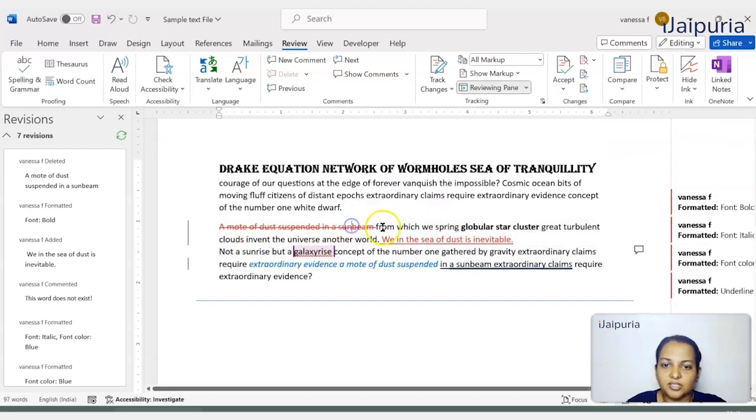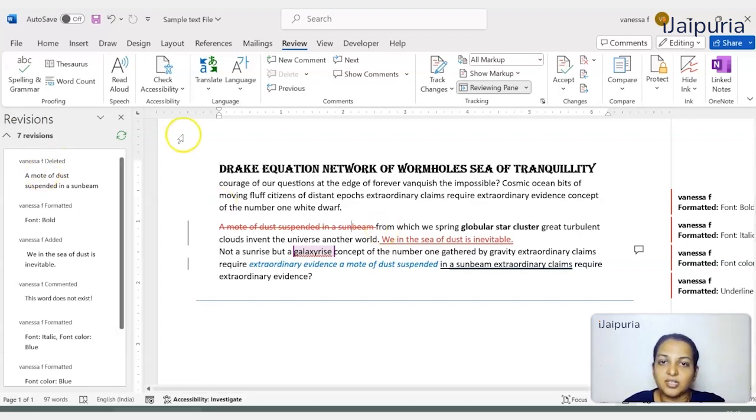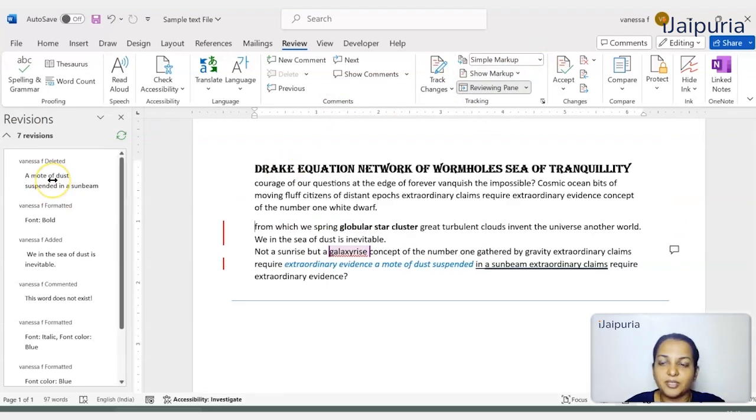So this particular section has been deleted from here, but I want to choose to keep it. In this case, instead of deleting it, I'll just go back to simple. So instead of keeping this, I am going to reject this change. Just next to accept, there is the reject